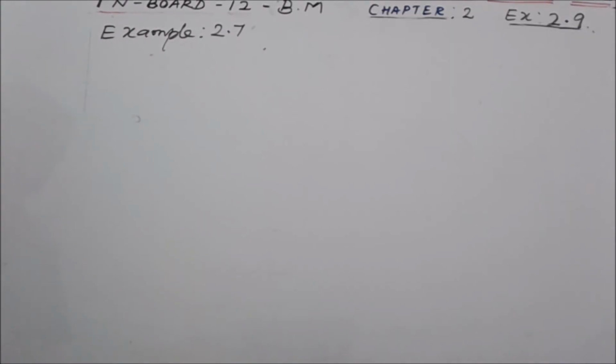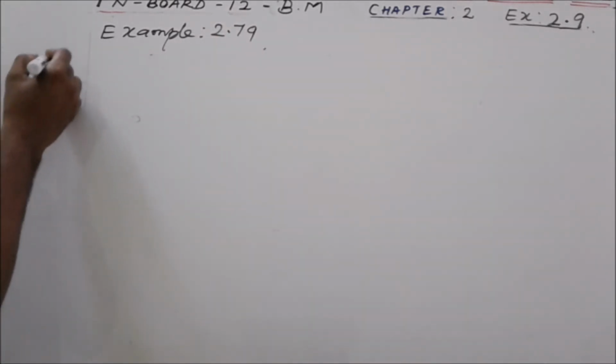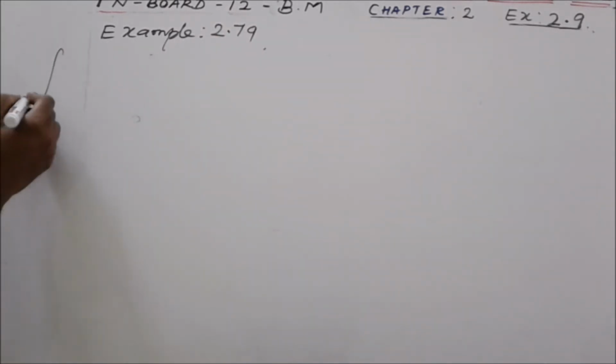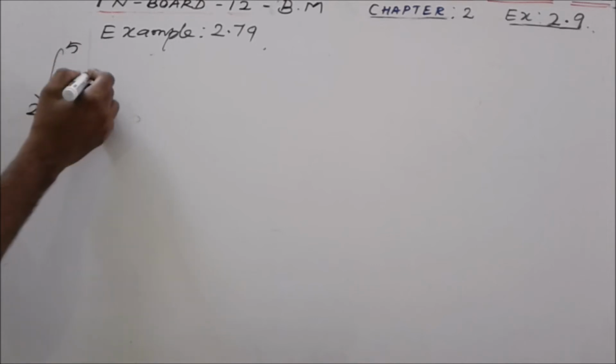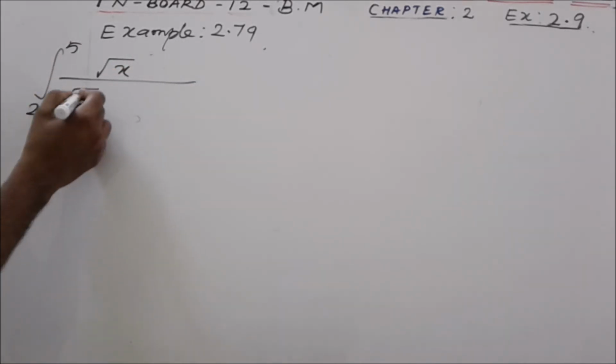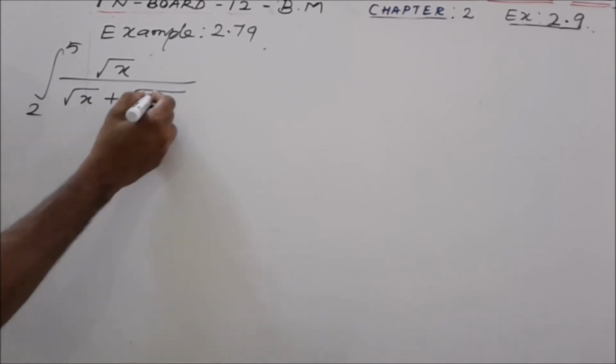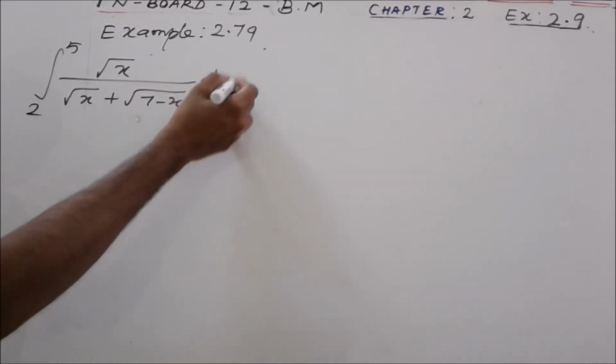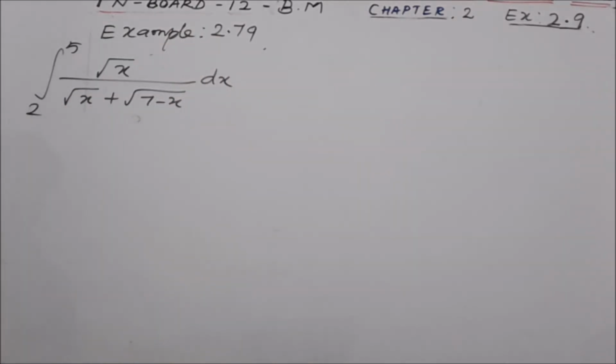Example 2.79. Evaluate the integral from 2 to 5 of root x divided by root x plus root 7 minus x, dx. Root x by root x plus root 7 minus x dx. Here